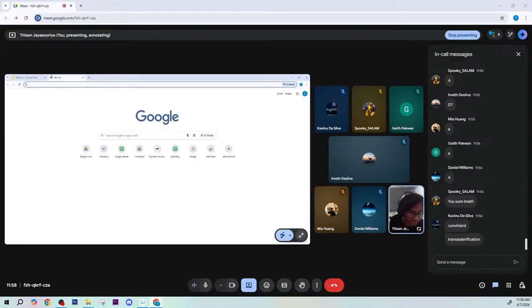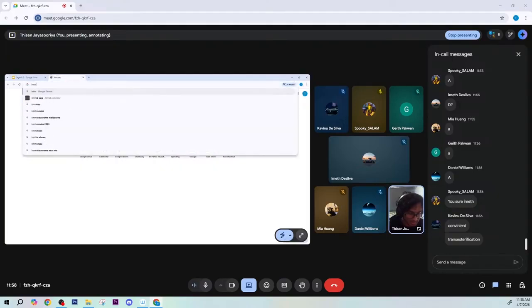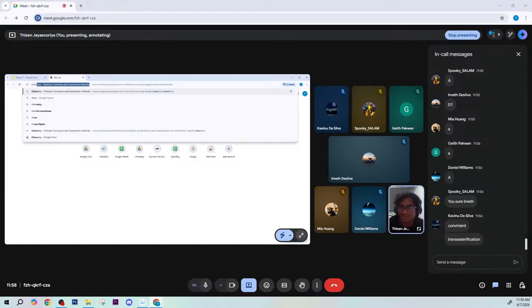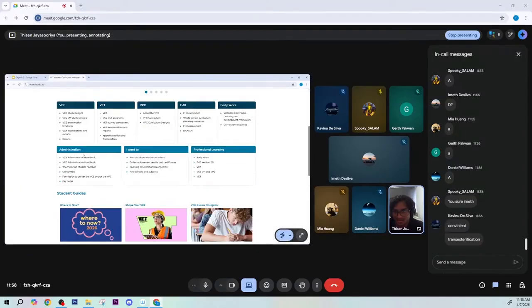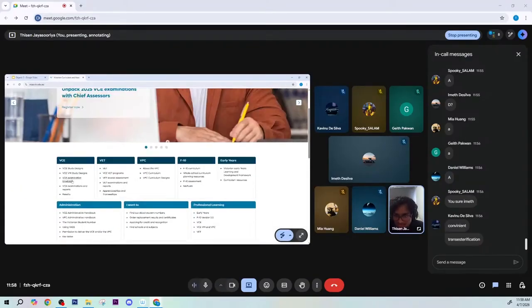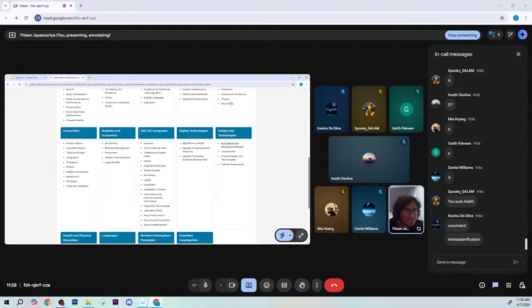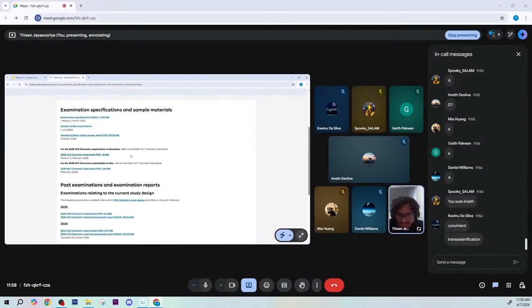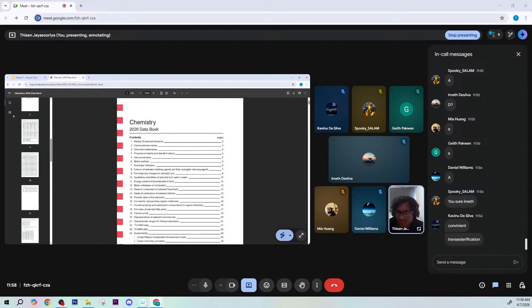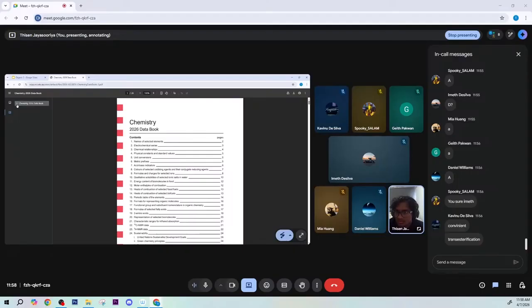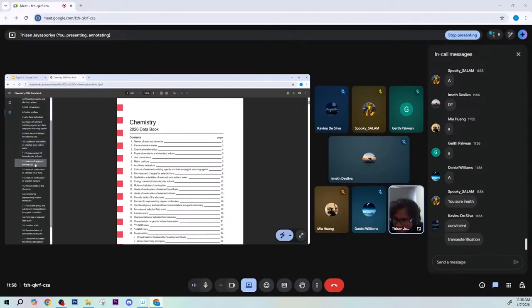So if I open up my best friend, the chemistry data book. Google doesn't appreciate my jokes. But if I open up the chemistry data book, the data book for 2026, we'll go to the table of contents, and here it should have